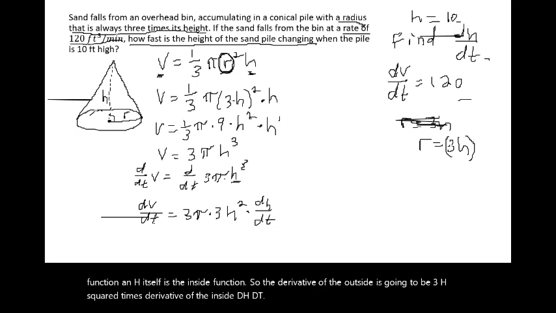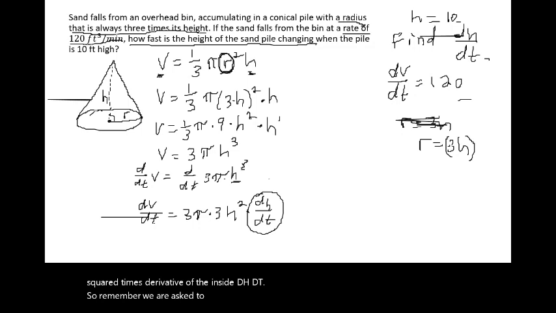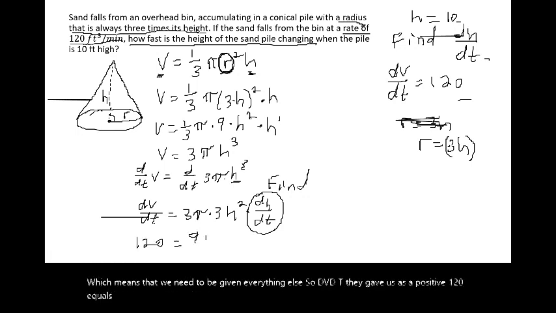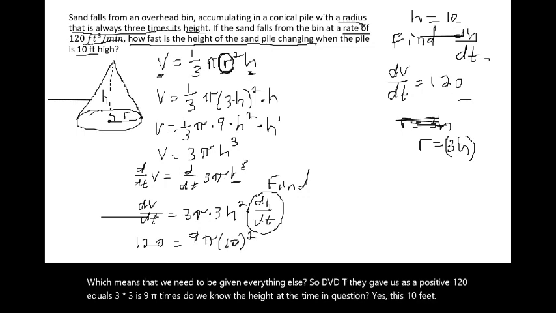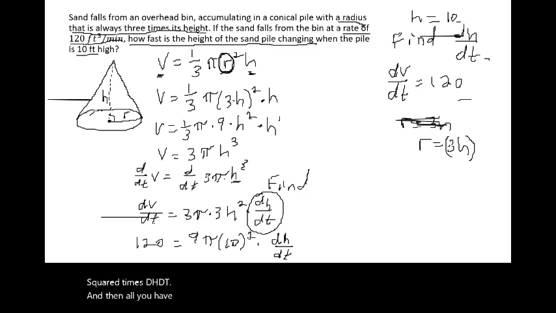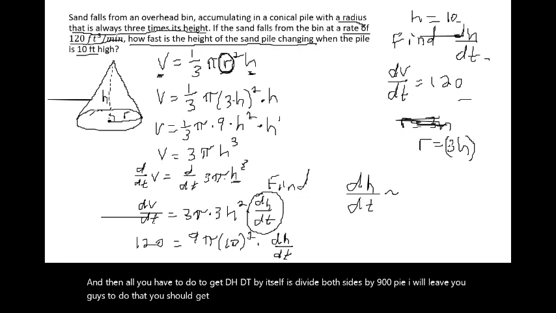So remember, we are asked to find dh/dt, which means that we need to be given everything else. So dV/dt, they gave us as a positive 120, equals 3 times 3 is 9 pi times, do we know the height at the time in question? Yes, this 10 feet, squared times dh/dt. And then all you have to do to get dh/dt by itself is divide both sides by 900 pi. I will leave you guys to do that. You should get a dh/dt of approximately